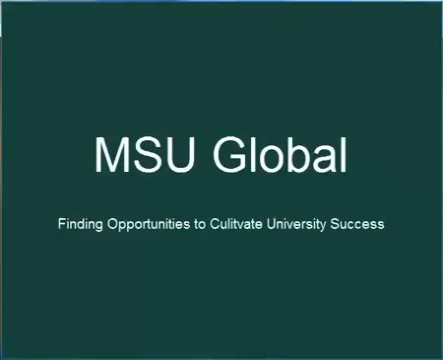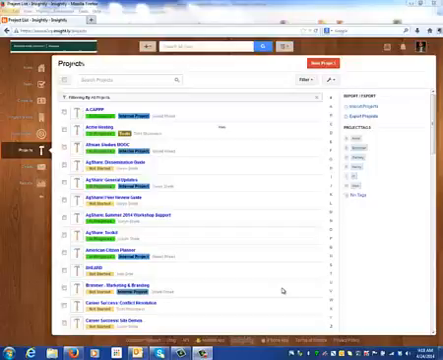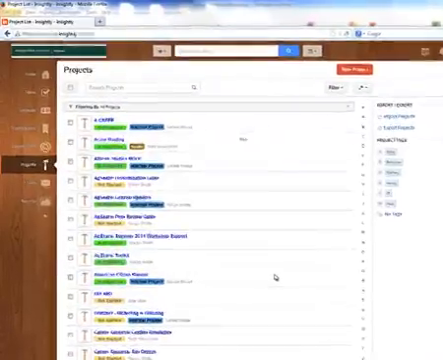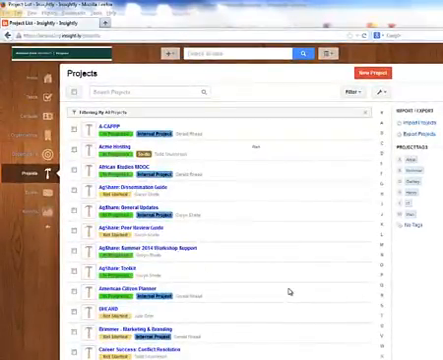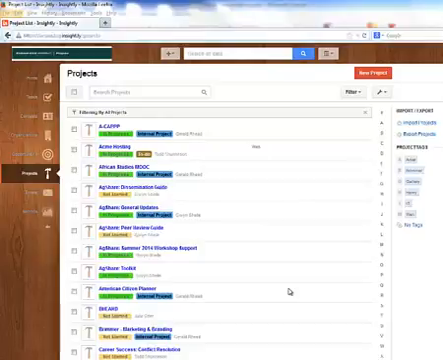This is a brief tutorial on how to integrate your Outlook into Insightly. So here's an example that I think you could use for other purposes, but just to give you a context to explain the benefit. So let's say you have a project in Insightly,